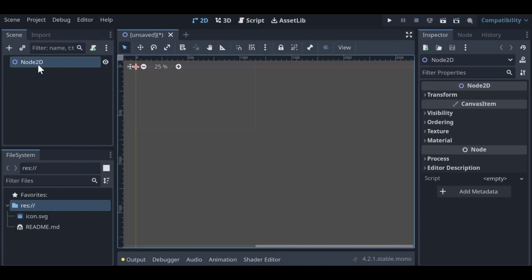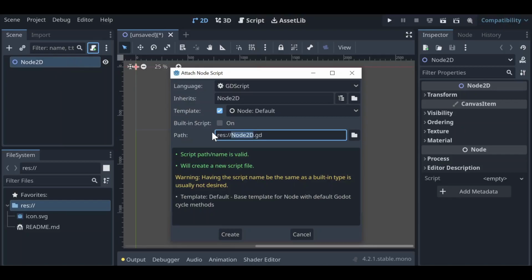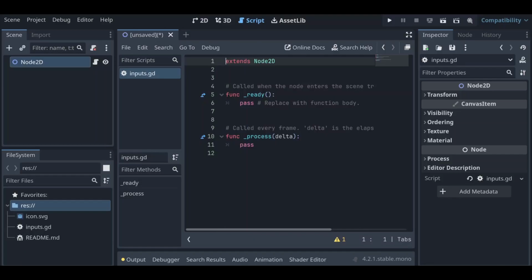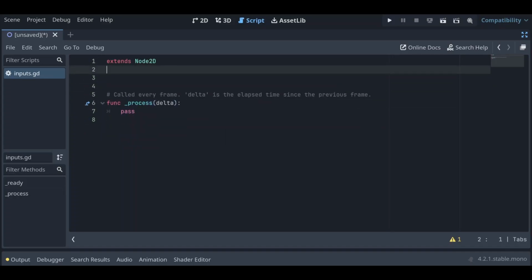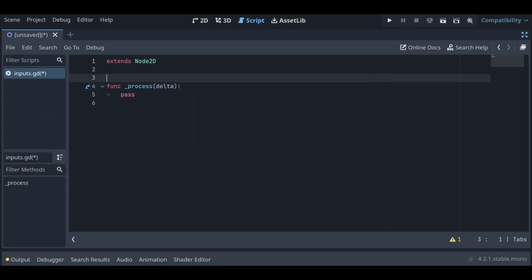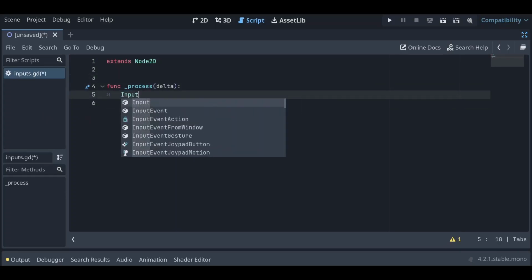And let's add a script to our node 2D here. And this we'll just title for now inputs. Okay, so we don't need anything in our ready function. We're only interested in our process function for now. And we'll get rid of the comments as well. Okay, we can get rid of pass and replace it with